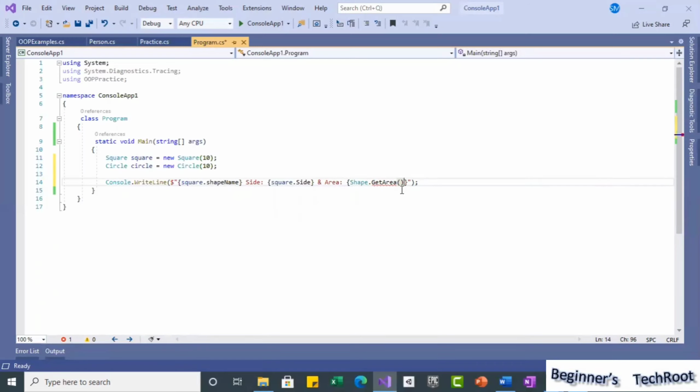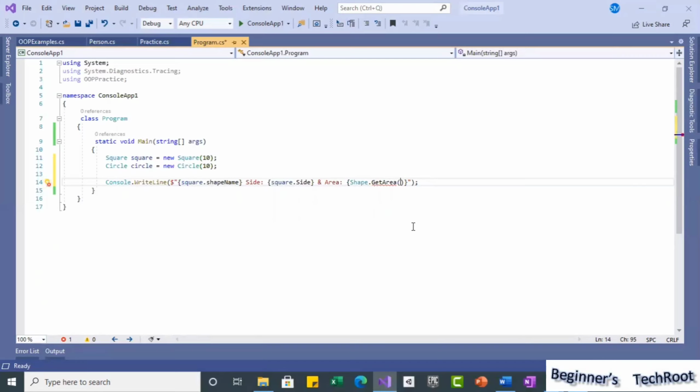So for GetArea, what do we need to pass? We need to pass a parameter. The parameter should be of the same Shape type. So in this case, I will give a square. It's allowing. If you see here, it's allowing. How is it allowing?